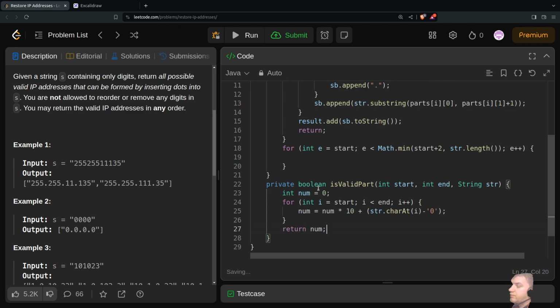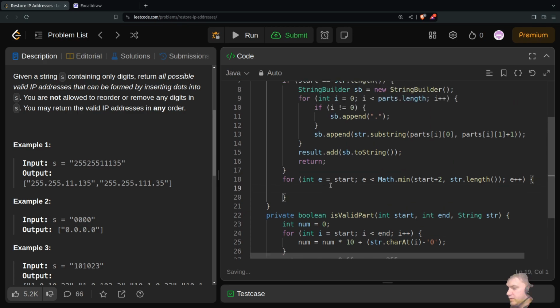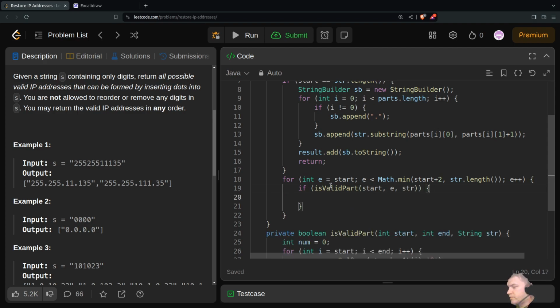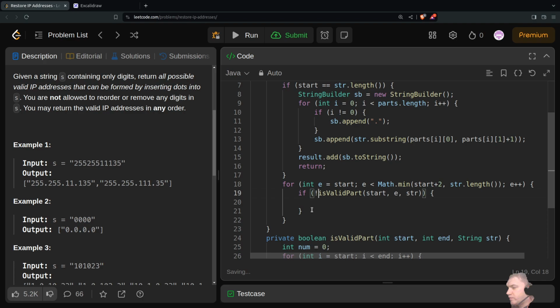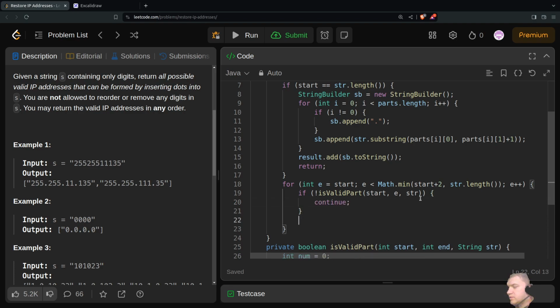Oh no, not num. Return num greater than or equal to 0 and num less than or equal to 255. Okay, and I need to check if isValidPart with start and end. If not valid, I'll continue, else I will do